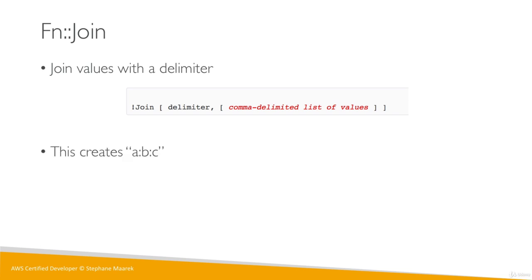To make it slightly more concrete, to create the A:B:C string, we can use the Join function with the colon, and then we specify A, B, C on the right hand side. So this is, if you do programming, quite a common function in programming. So just know about it. Sometimes maybe you'll be asked, hey, what is the output of this interesting function? And if you use Join, well, you know that you have to just put the colons in between the A and the B and the B and the C.